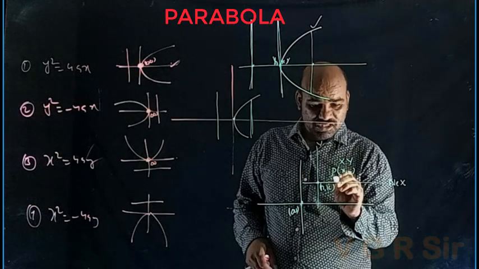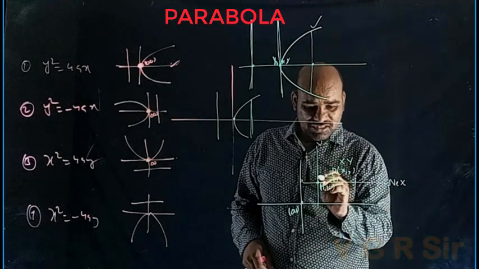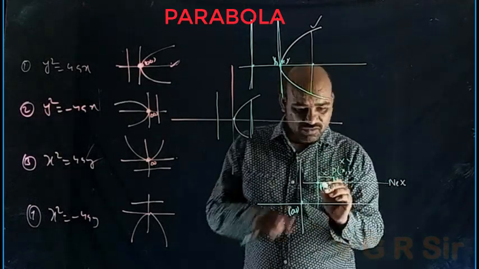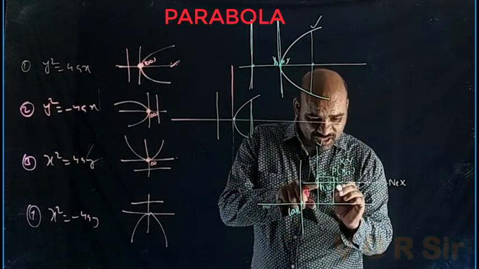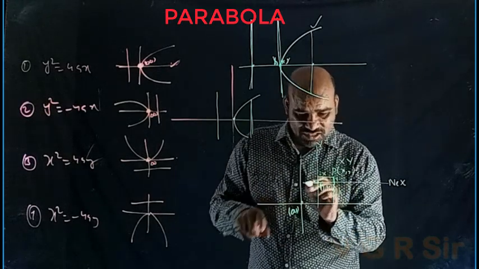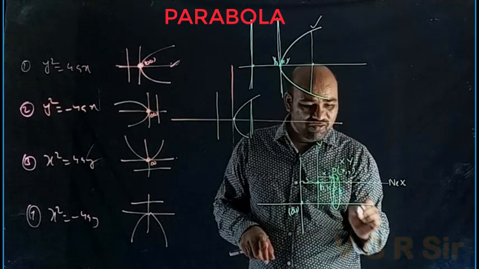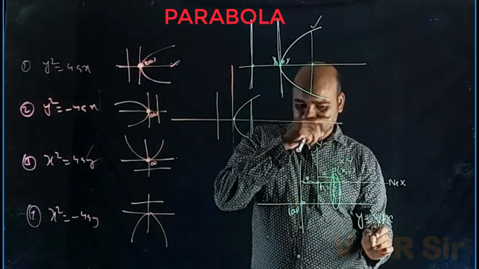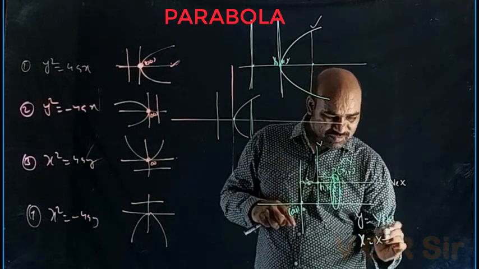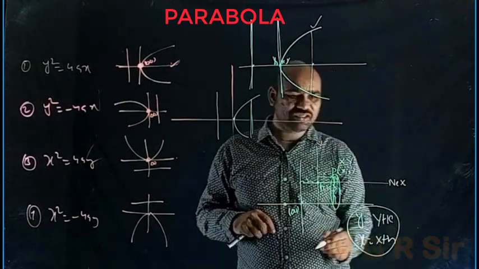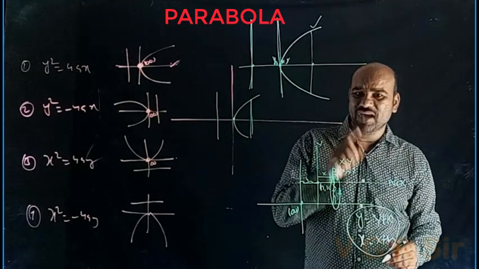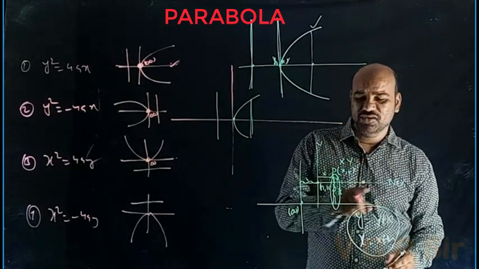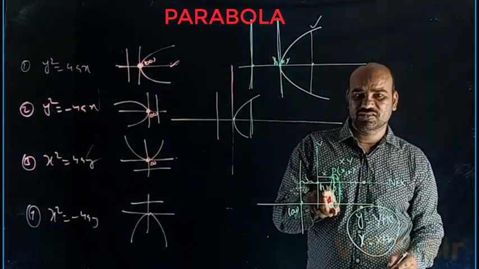Okay, so this is capital Y, this is capital X actually. So this is h comma k. Actually this length is k, this length is h. This length is small y. Small y is nothing but capital Y plus k. Small x equal to capital X plus h. By using this relation, if capital X, capital Y are given, you can find small x, small y when new origin is given.